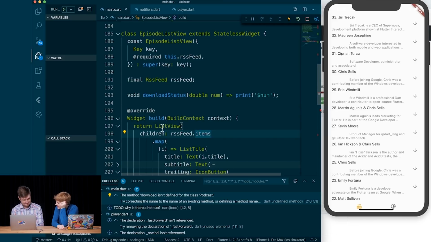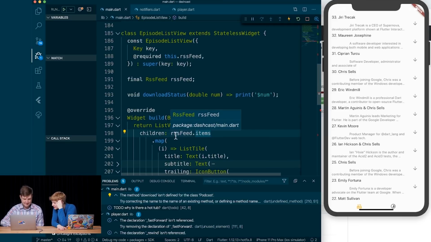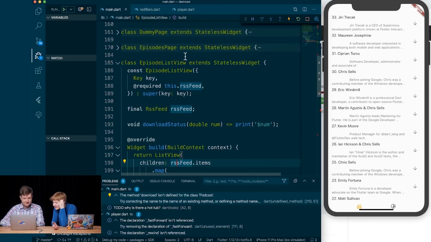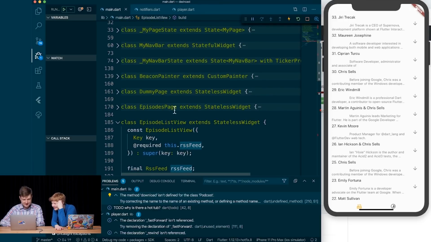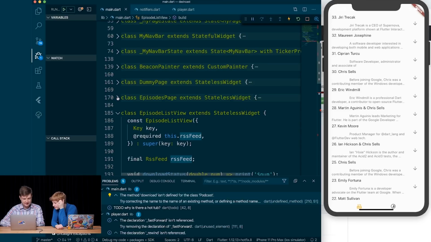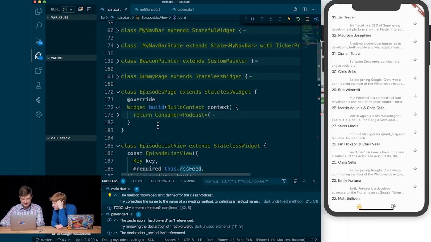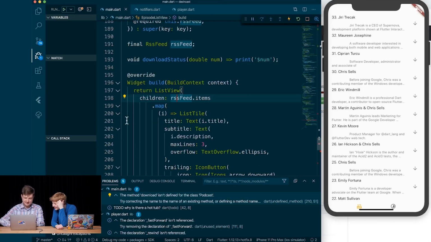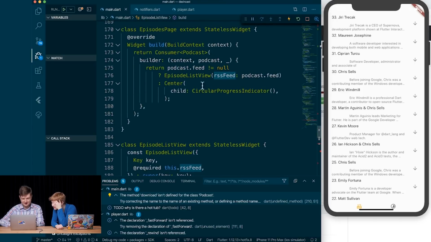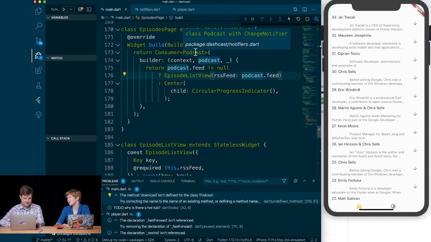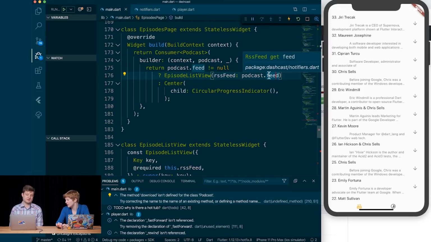If we instead, let's see, how does RSS feed, where does that come from? We're passing it in. Why are we passing it in? I thought that was the whole point of provider. Yeah, where is it coming from? List view probably comes from the episodes page, be my guess. Just expand everything. Yeah, okay, so then that's Podcast. But it's coming from the Okay, so if we change podcast.feed to instead return a constructed list of episodes instead,